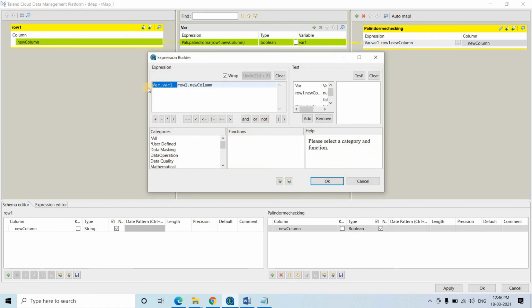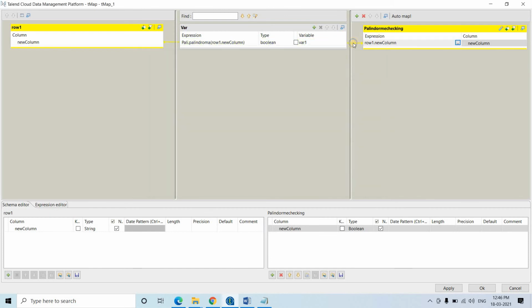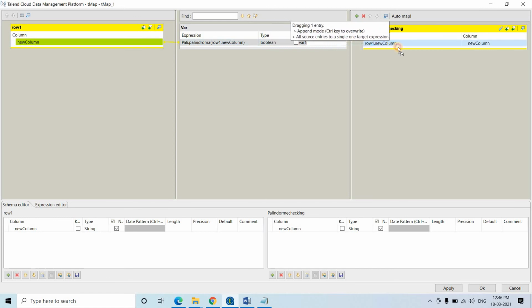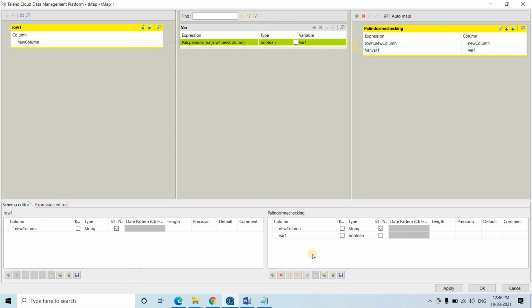So what I can do, I can remove this particular connection and click on OK. Now drag and drop this here, and this one we will be taking to the next component. Yes, that's what I wanted.